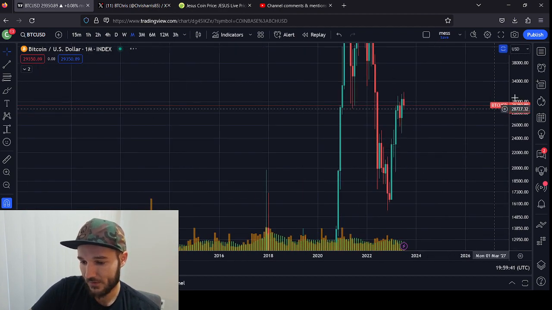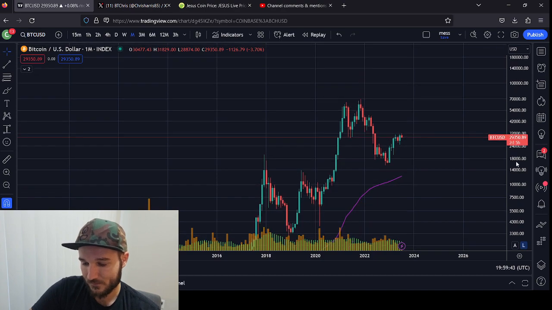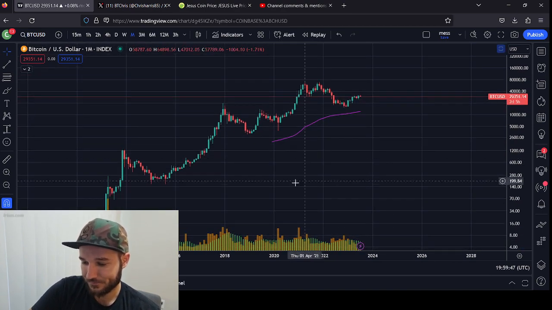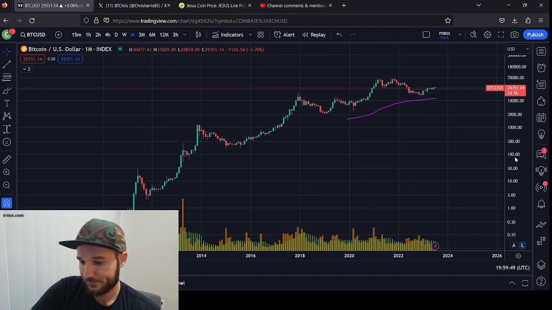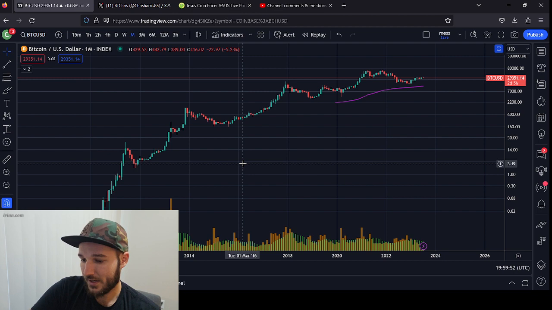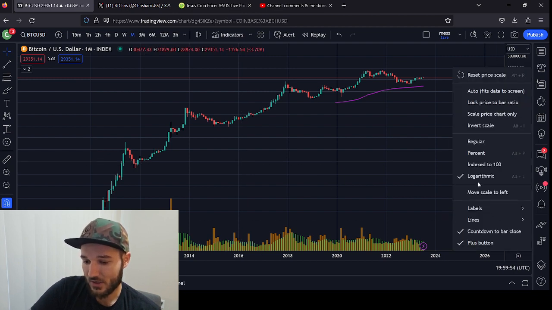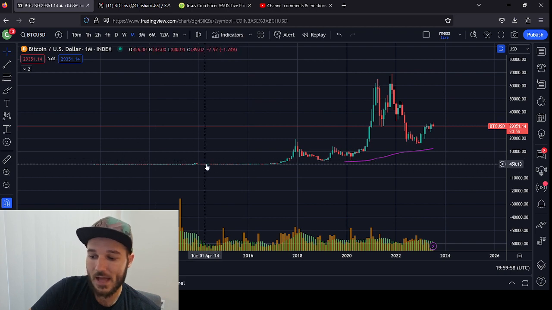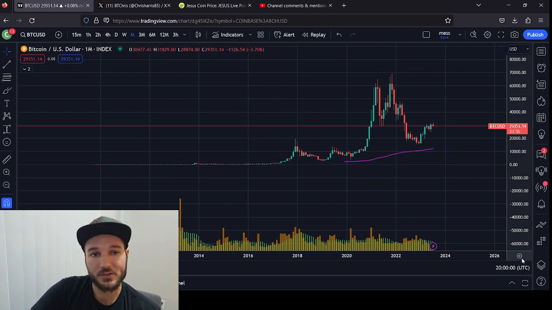Before I really get into the fibs here, talking about the log scale, kind of going over a whole generality here. Looking at it, it looks like this, right? In the log scale, you can see it, right? And then if I take it out of the log scale, it looks like this. Dramatically different, right? It just looks like a flat line over here, like nothing was happening, but stuff was happening